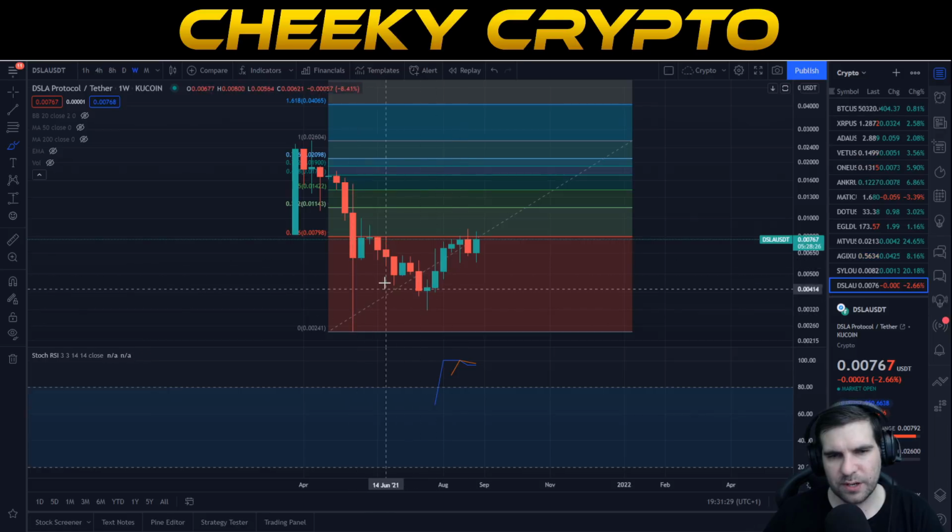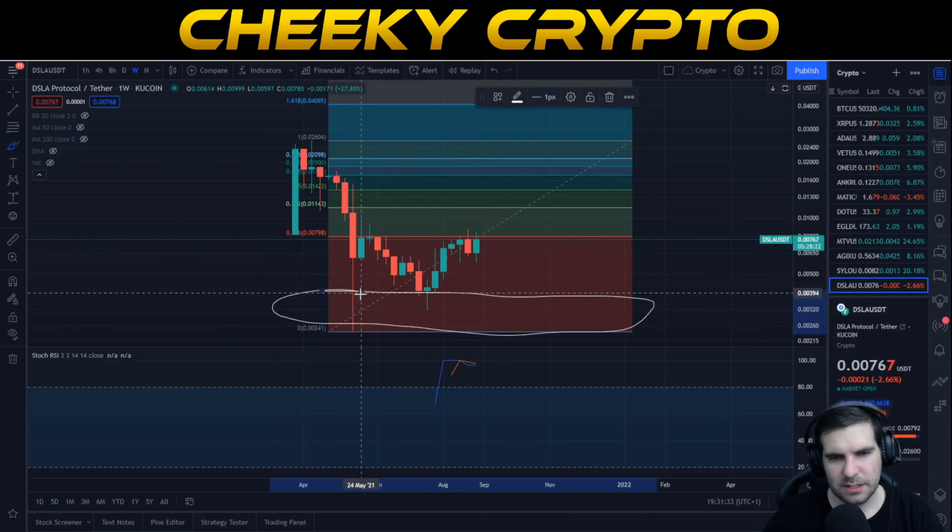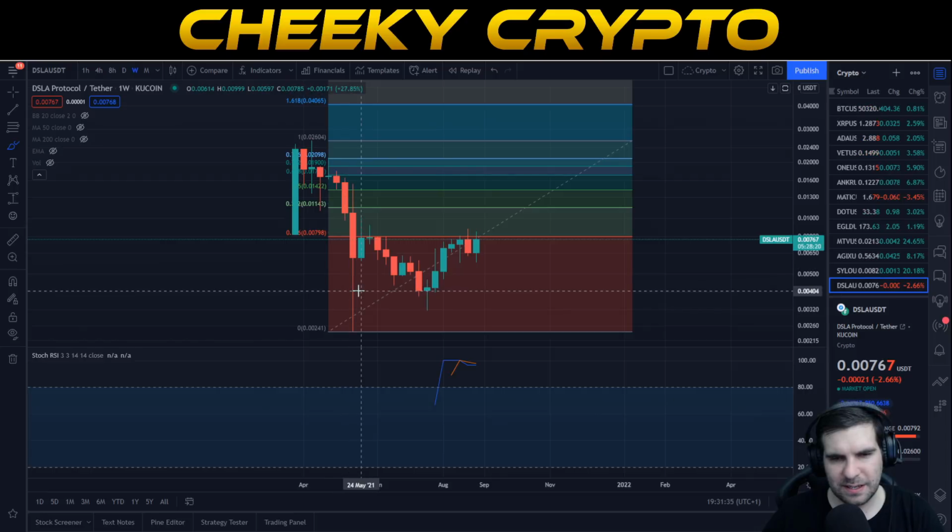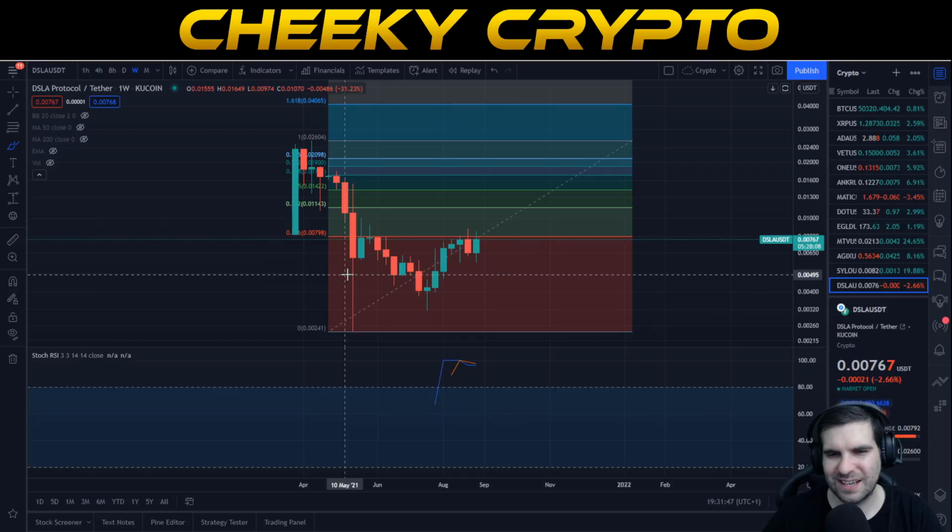Now, in terms of recovery out of this, well, we've seen that anything down here was a good buy zone. Okay, so there's an opportunity. Basically, if you were dropping down below 0.004, that was an opportunity to be had. You could argue that dropping down into this area here was also pretty good. So basically just south of 0.005, so that's half a cent, was also a pretty good steal.